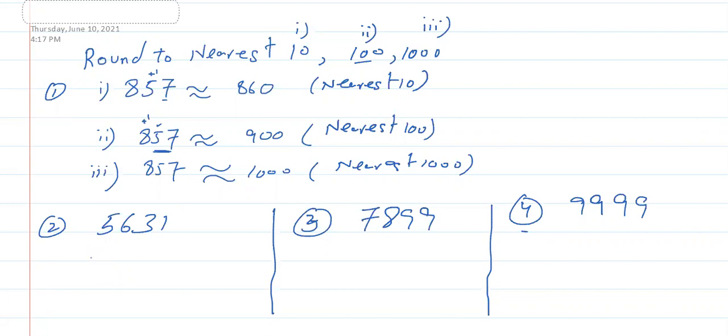Sir, excuse me. Yes. Sir, this number 3 and number 4. In number 3, sir, if I want to round it to nearest 100, how would I be able to do? Let's see. I will do it now. Let's see every single part. I have the first part answer, but I'm a bit confused.